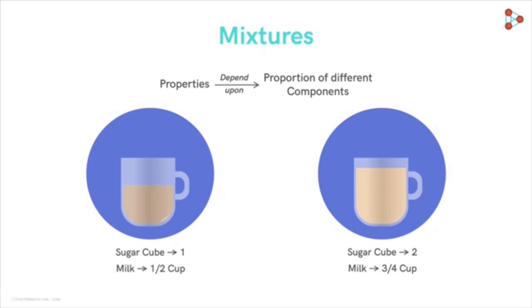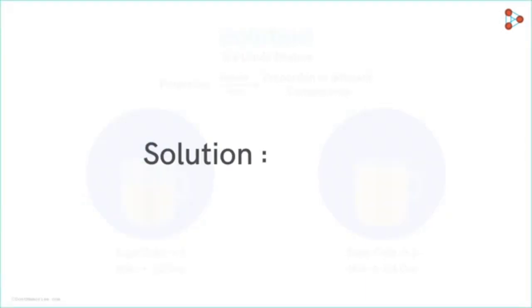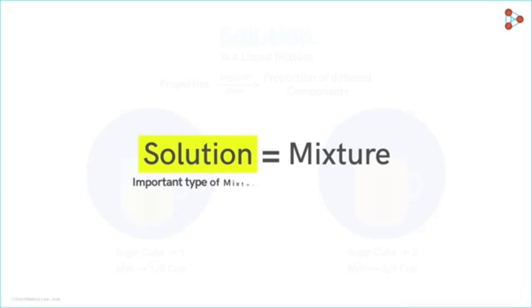But more appropriately, we'd refer to tea as a solution instead of a mixture, right? Because tea is a liquid and liquid mixtures are called solutions. Is it so? Do solution and a mixture refer to the same thing? Partially, yes. In this video and a few upcoming ones, we'll learn about solutions, which are an important type of